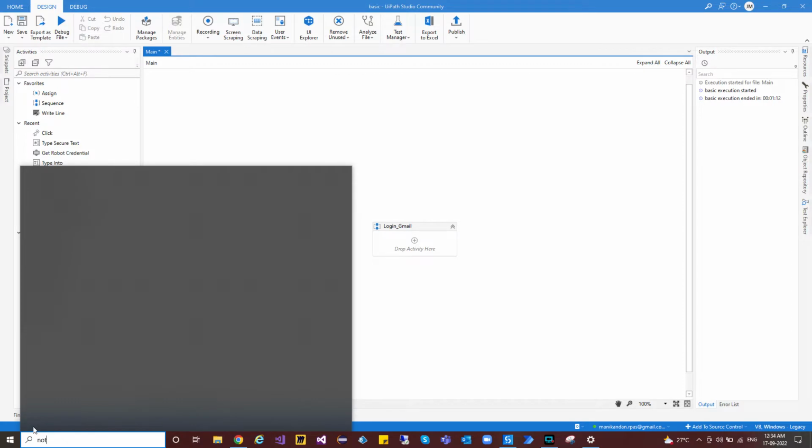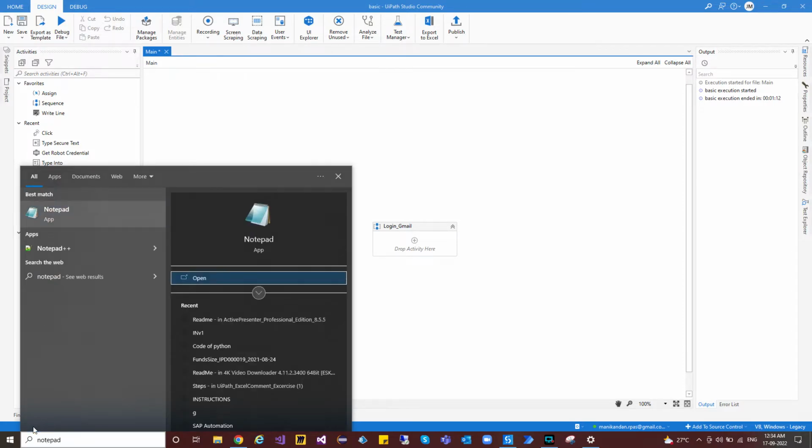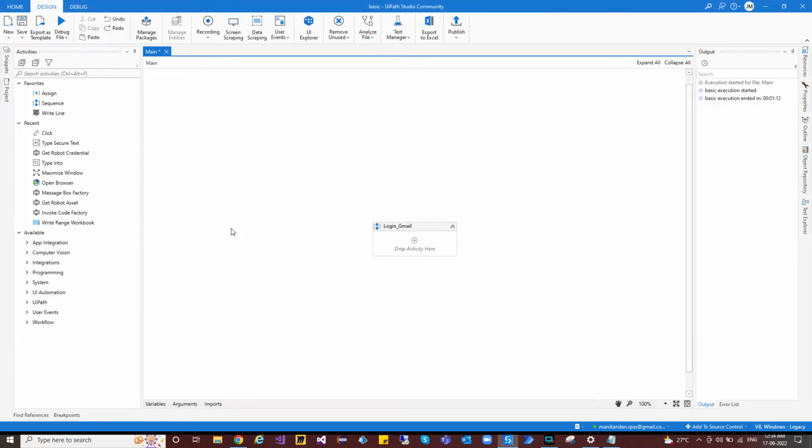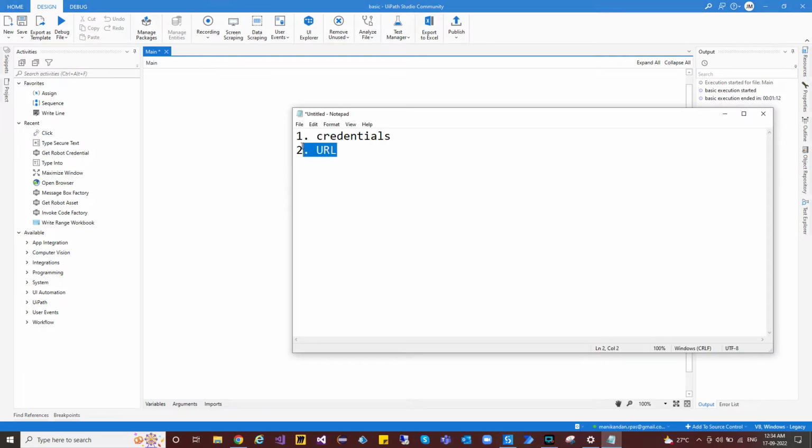So, what are the things required to log in to a web application or any Windows application, any application? First, we need credentials and the application URL. These two things we need first. So how can we store this URL and credentials